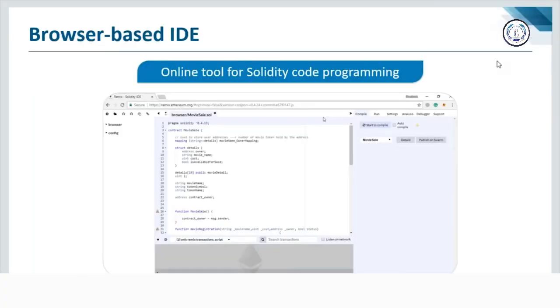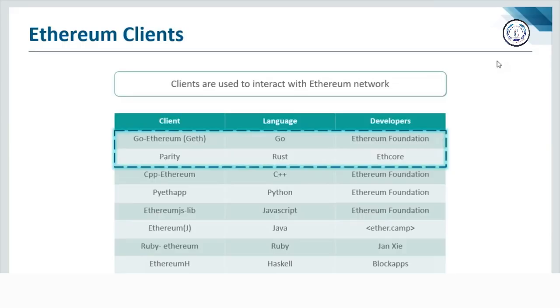Okay, so coming back to the video now, we have talked about the programming languages and the IDEs, or the browsers and editors, for writing Ethereum code. Now, suppose you have written a code, or let's say a contract, you want to deploy the contract onto a blockchain. This is where clients are used. An Ethereum client is just a term. It refers to any node that is able to parse and verify the blockchain, its smart contracts, and everything related. It allows you, or provides you with, the interface to create transactions and mine blocks,